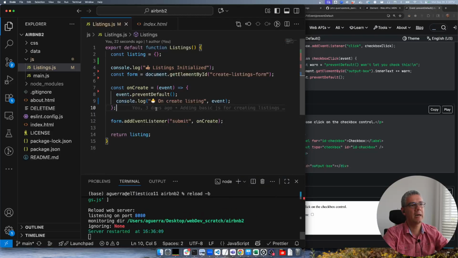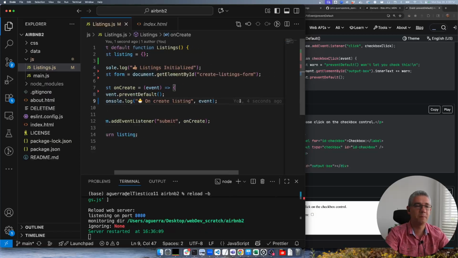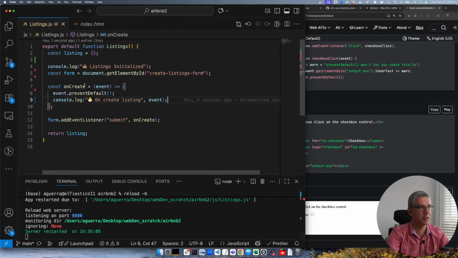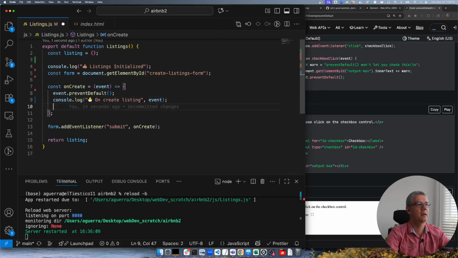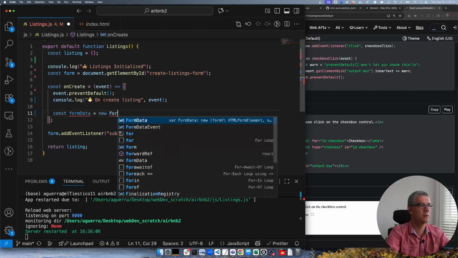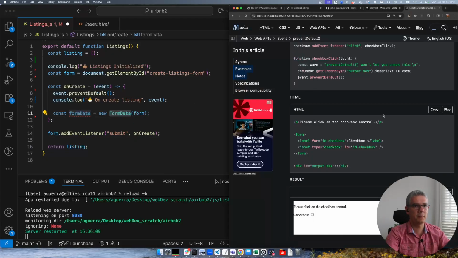Okay. Now, the next point then, is how can I access the information from the form? Okay. So in this part, this becomes quite interesting because I do have this form in here. And then one of the things I can do is that I can just go and say, I'm going to create some form data, and that it's going to be a new FormData. And I'm going to be using that directly on the form. So this form data,